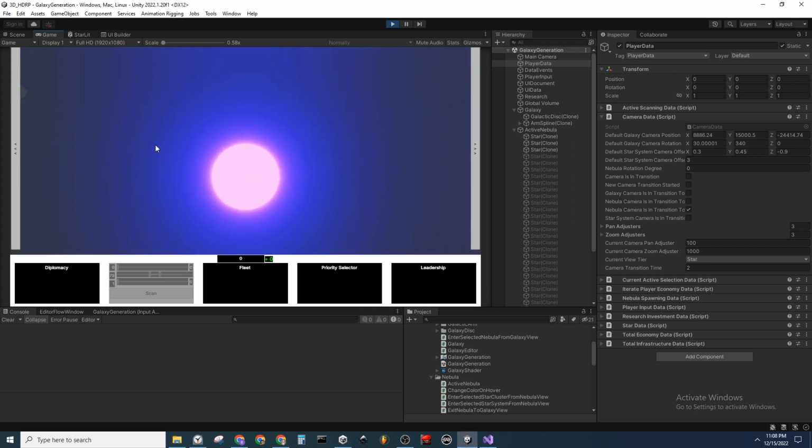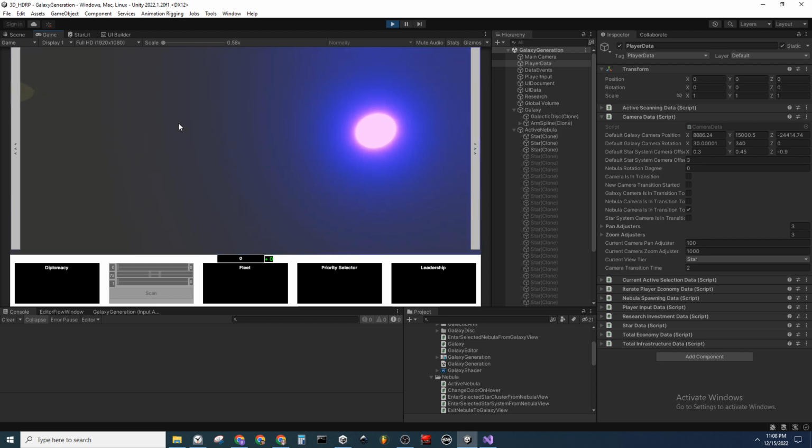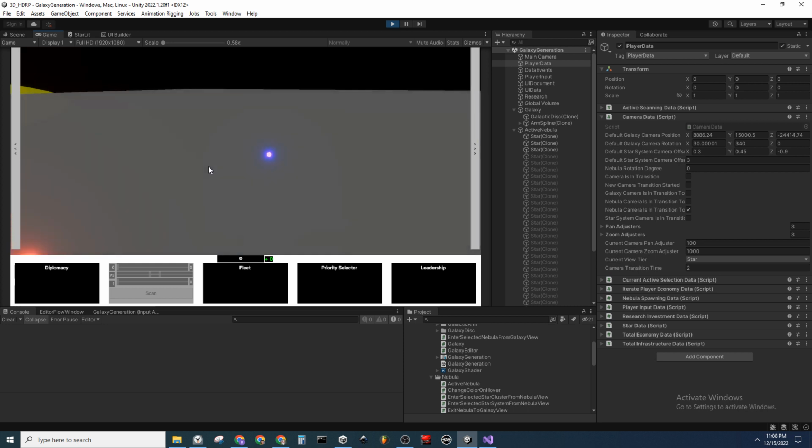Okay, so for some reason the camera is really screwing up. It does have zooming and panning. So now it just needs to spawn stars, but the problem is that, for instance, this nebula over here is, or maybe that's the galactic disk. Okay, so maybe that's not so bad. The problem is if I keep zooming out, eventually what's going to happen is this,